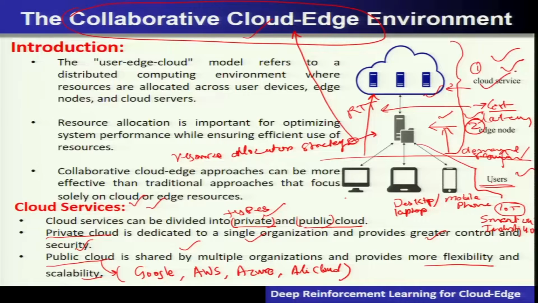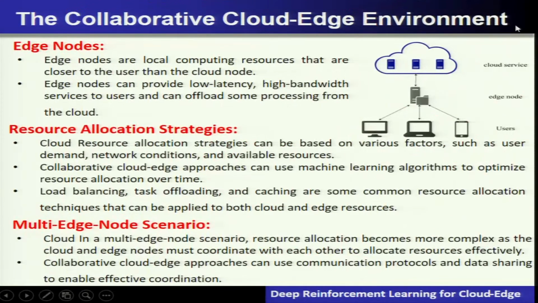So we have explained one component, the cloud service. Now let us understand the other component, the edge node. This is the second component we are explaining. Edge nodes are local computing resources that are very close to the user compared to the cloud. Computing very close to the user